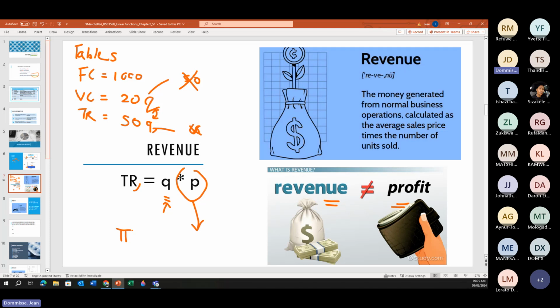So when we talk revenue in the papers, it is the income that you have generated by selling your product. And the cost is,